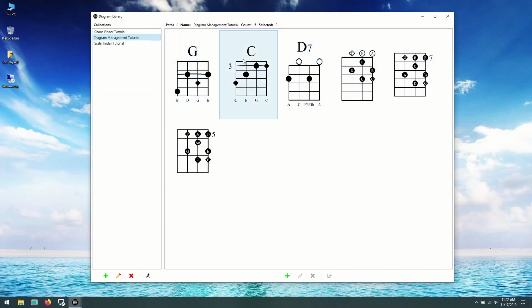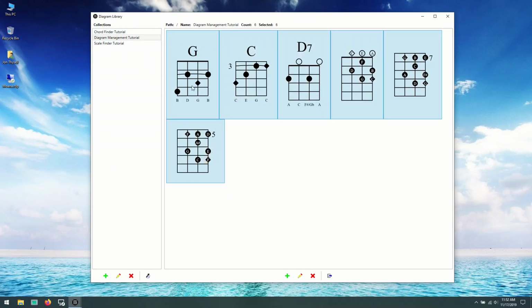If I wanted to move these or copy them again into a brand new collection, say I didn't create a collection in advance, I just want to create one on the fly, I can go ahead and select all of them, again holding Shift, and now I can drag them over, hold Control, and over here into the open space,